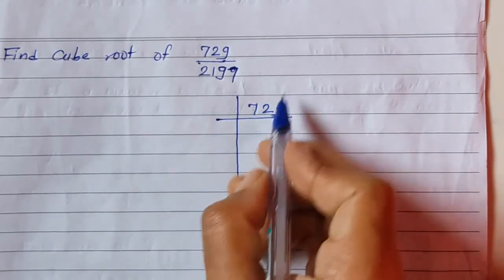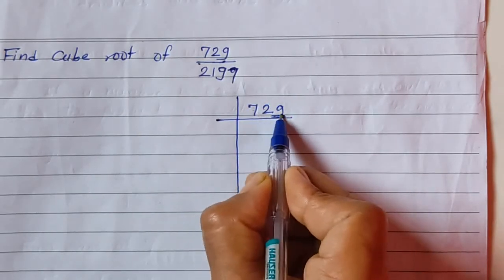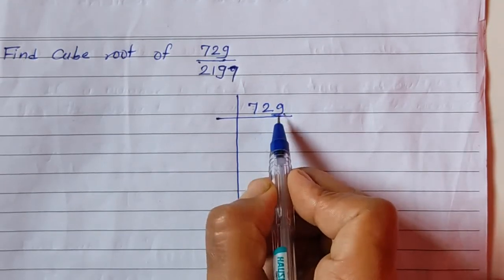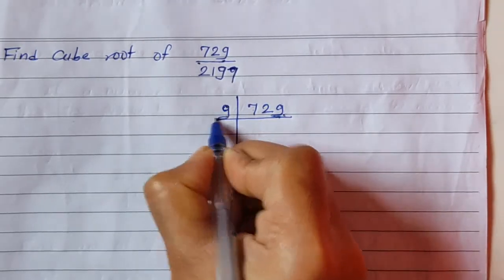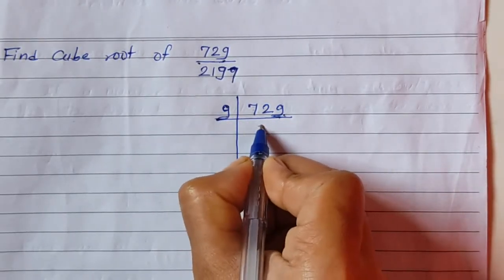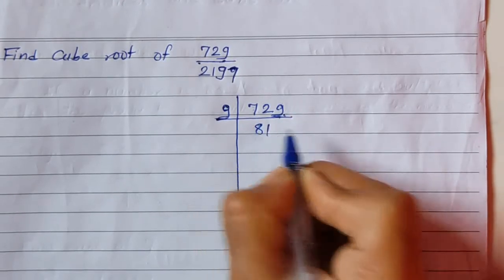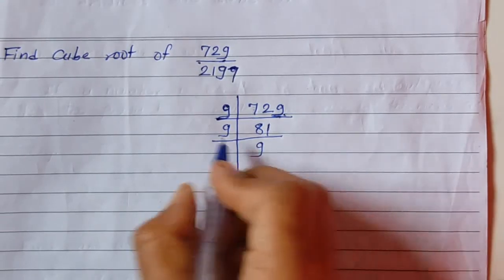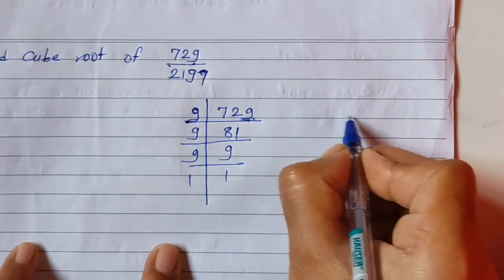So here I am checking it with the test of 3 and 9. Add the digits, you will get the sum 18. So 18 is divisible by 3 and 9 also. Here I am using 9 first. 9 8s are 72, remainder 0. Take this 9 next, 9 ones are 9. So 81 is again divisible by 9. So we will get these factors. So let us find out for